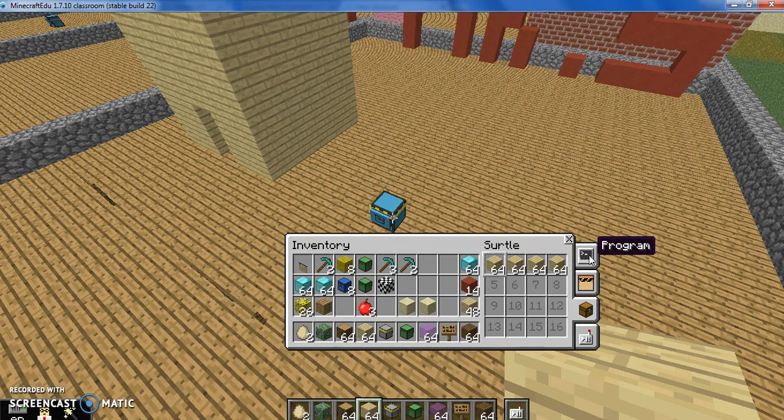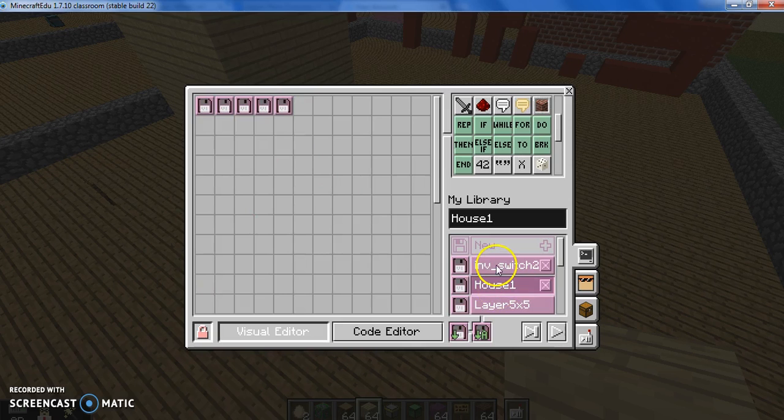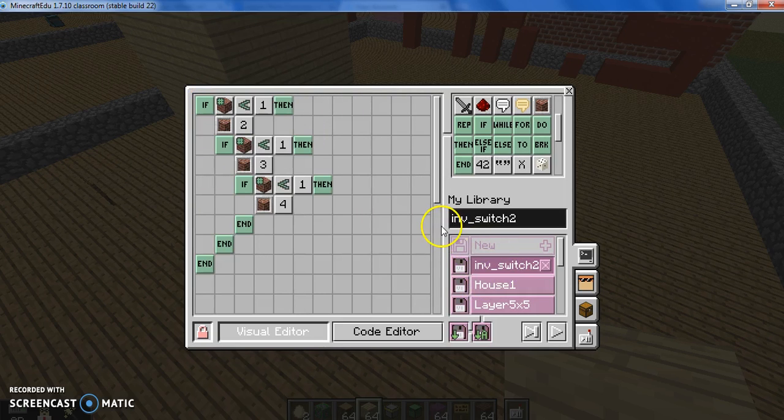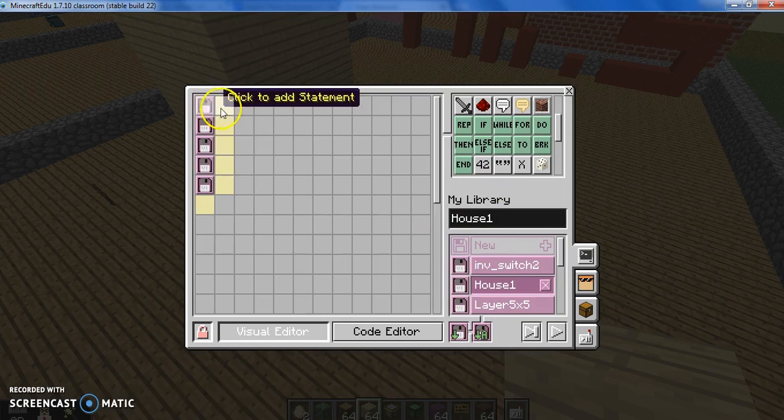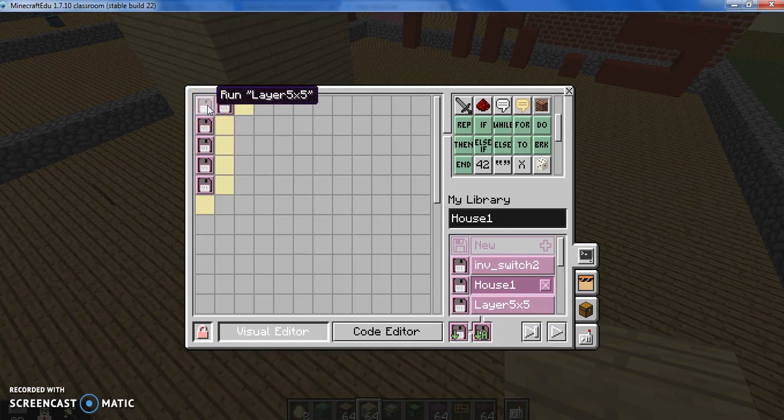Now, just because we program this inventory switch doesn't mean it's going to use it unless we tell it to use this inventory switch. So let's go look back at our house. If we were to, and I'll knock this down and that one down and that one down. I'm hitting enter by hovering there. And now we just have all of our layer 5x5s. If I just do this, run program inventory switch 2. So I run that entire layer, then run the switch, then run the entire next layer, and then run the